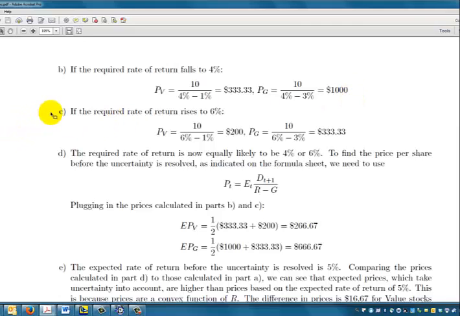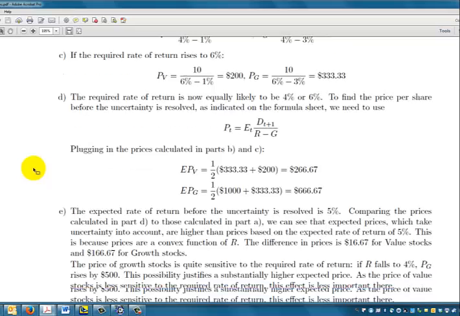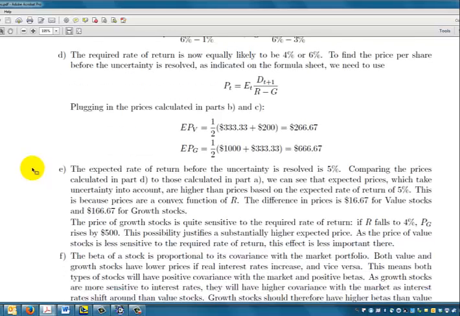Part C, just cranking through. The value firm is worth $200. The growth firm is worth $333.33. Now in part D, what we have to do is use the expectation of the price,